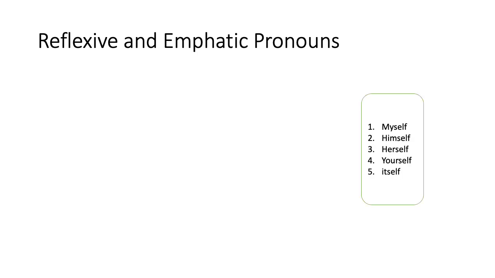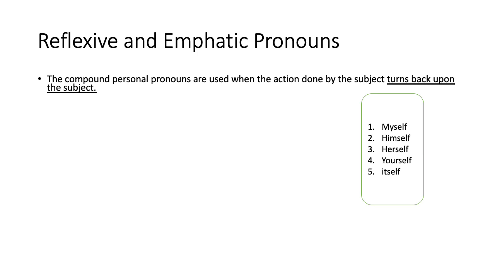Reflexive and emphatic pronouns. Myself, himself, herself, yourself, and itself. These are 5 compound personal pronouns. These are called compound personal pronouns because they are formed after adding self to the pronouns. Now,